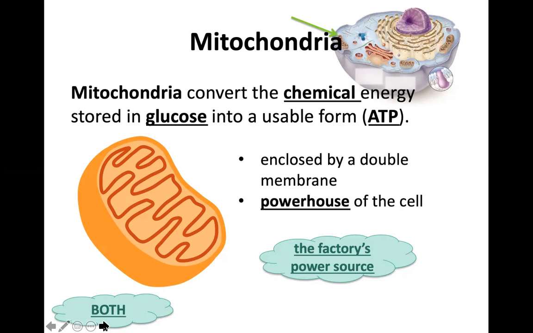Does anybody know what it stands for? ATP stands for adenosine triphosphate. So tri means what? Three. So that means that there's 3 phosphates. Because we will talk about ADP, which is adenosine diphosphate, and di is 2, right? Okay. So the mitochondria, something else just to be somewhat familiar with is that it is enclosed by a double membrane,